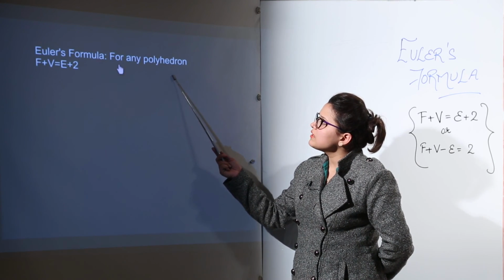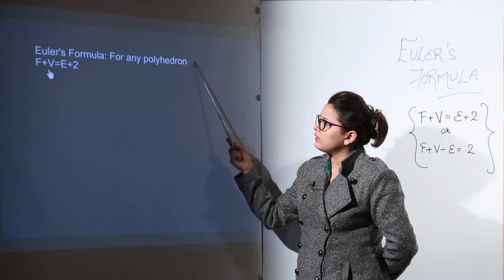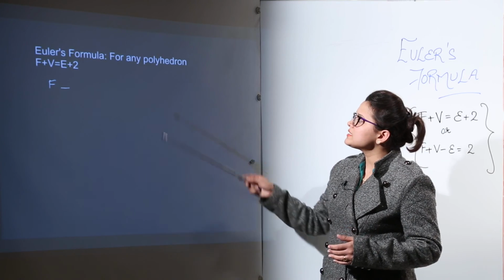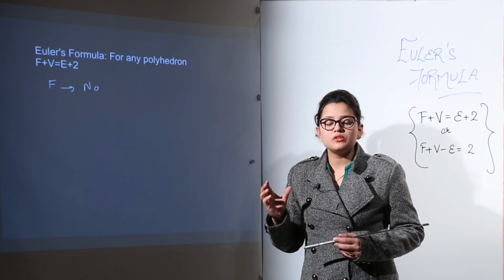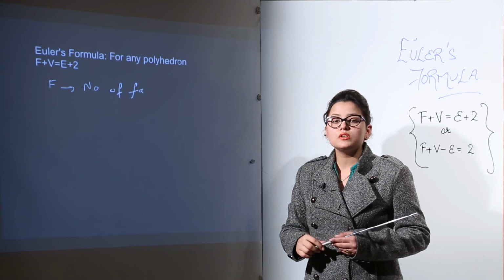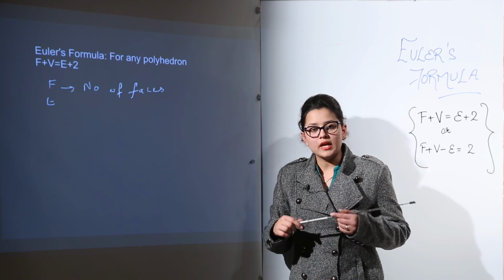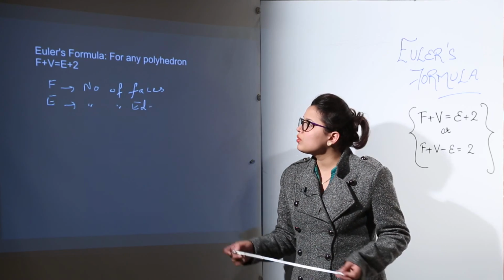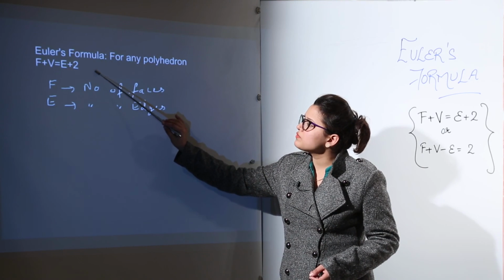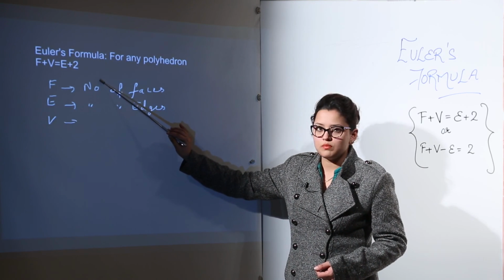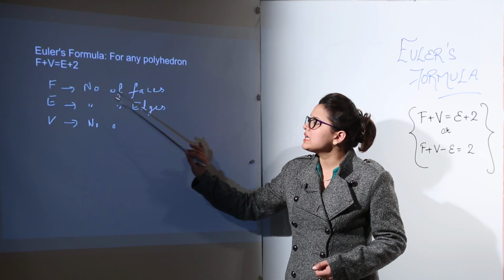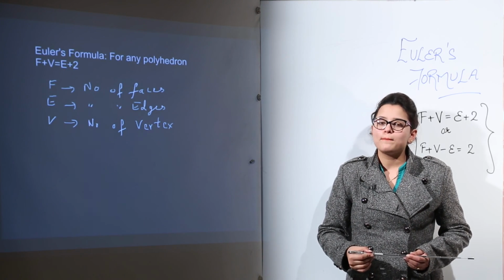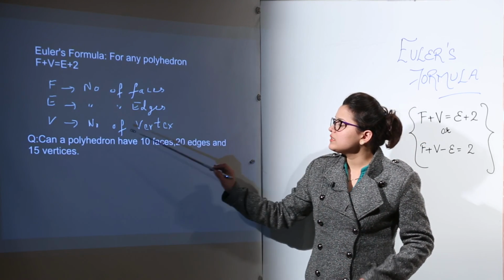Similarly, that means if you derive the formula for any polyhedron, I took the examples first, reason being I wanted you to understand that for any polyhedron, the Euler's formula is getting satisfied. If Euler's formula is not getting satisfied for any 3D shape, that is not considered in the category of polyhedron. So what do we do now? We derive this Euler's formula where F plus V is equal to E plus 2. F is the number of faces, E is the number of edges and V represents the number of vertices of a polyhedron, right? So let us do one question.